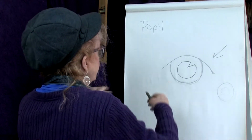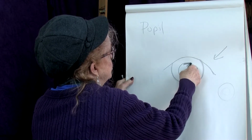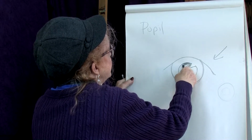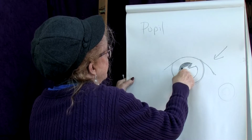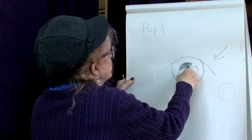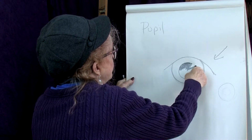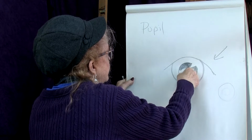All right. So the next thing I'm going to do, and this becomes really quite useful, is fill in the pupil with a nice dark graphite. I'm going to fill that up. This is a nice soft graphite, which makes it nice and dark. And if you're painting it, of course, you just use black paint. It's the only thing really that I use